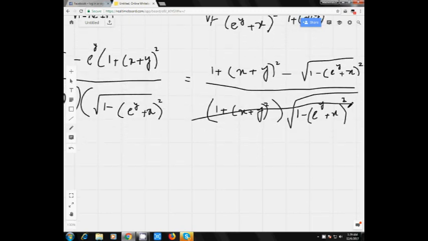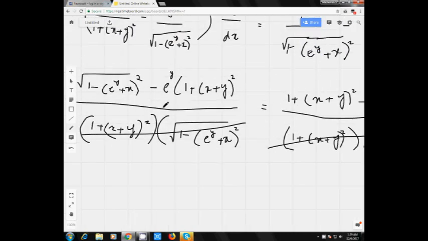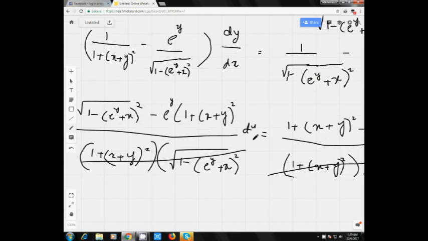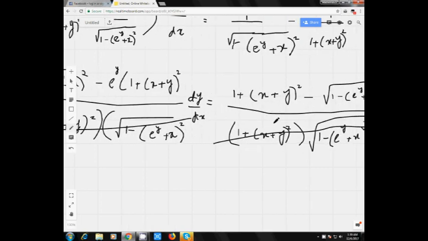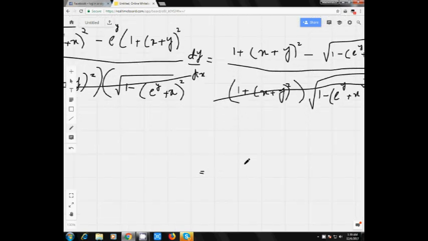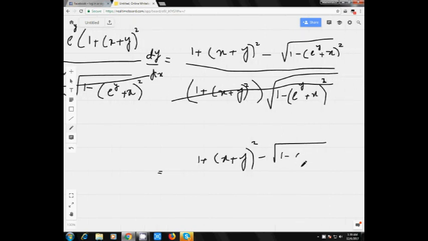This whole term is cancelled by this one, and there is some mistake. I think yes, there was dy by dx, and you have to bring this quantity, that is the coefficient of dy by dx, to the denominator of this quantity on the right hand side. (1 plus x plus y) whole square minus square root of (1 minus e raised to the power (y plus x)) square, whole divided by